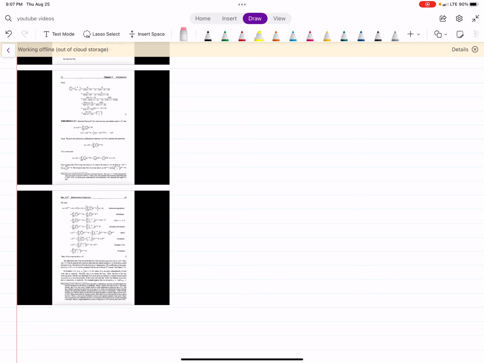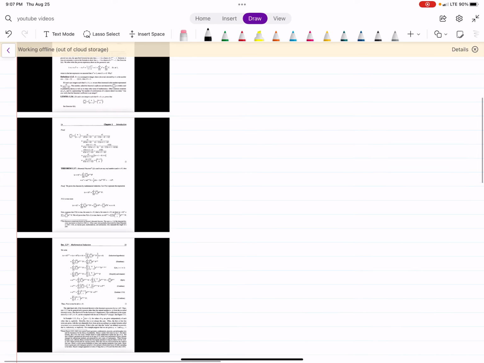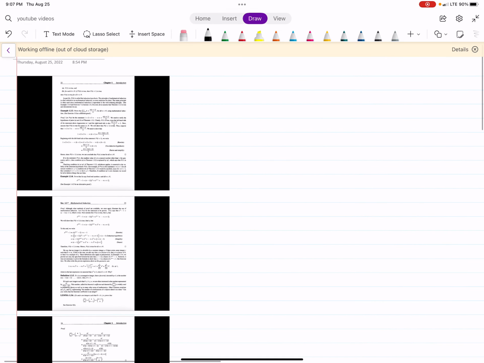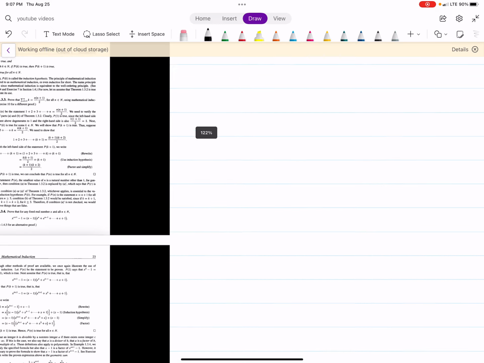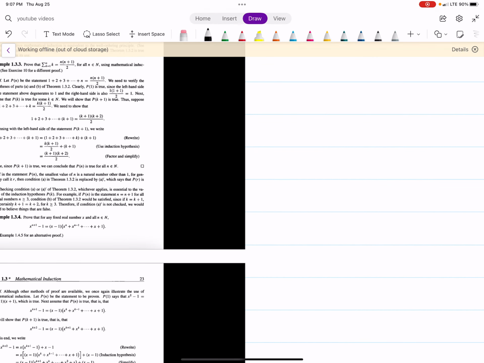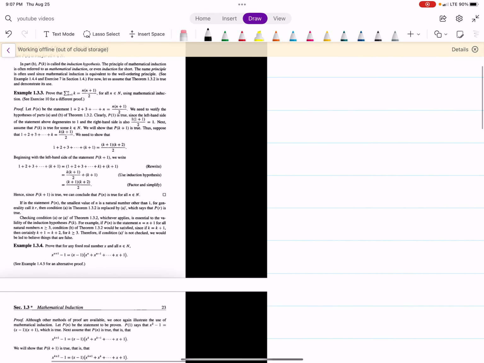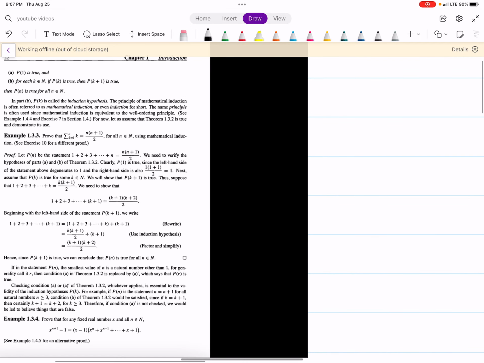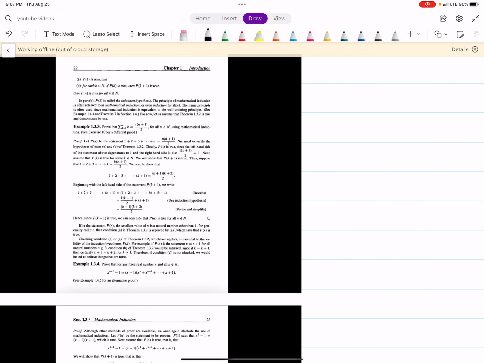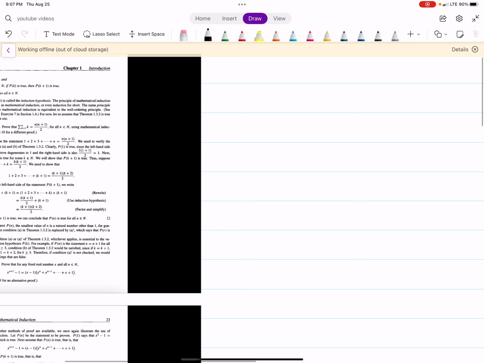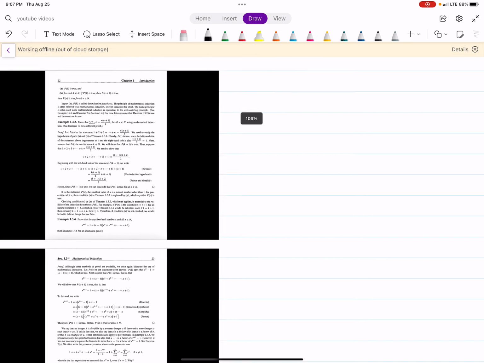Okay, so I'm just doing a review on some analysis, and in this case we're doing proof by induction. I just thought I would go over it for the sake of review and also in case it helps anyone. This is from the textbook, and I'm going to go through a couple of examples that I think are worth going through. I'm going to start with example 1.33, which wants us to prove